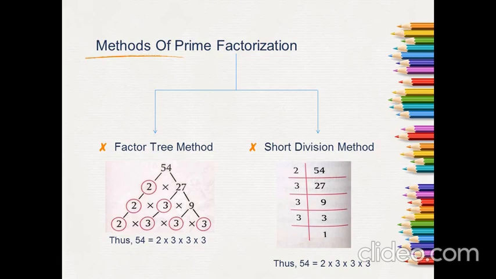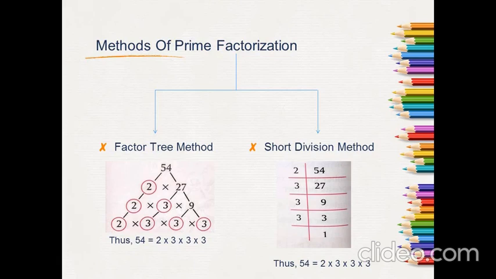Now the remaining number in the division column is 27, which is a composite number. So again we have to pick the next prime number, that is 3, because 27 is a multiple of 3. So we try the smallest next prime number. We write 3 here, and if we divide 27 by 3, we get 9. Then 9 is again a composite number. So we again divide it by 3, because 9 is a multiple of 3. We get 3. Now again we divide it by 3, we get 1.